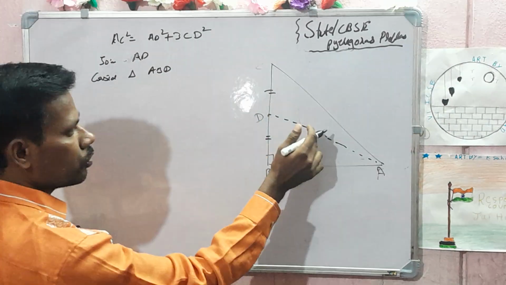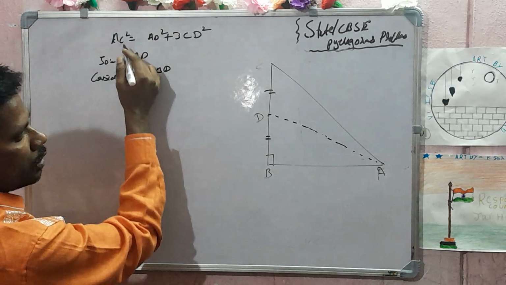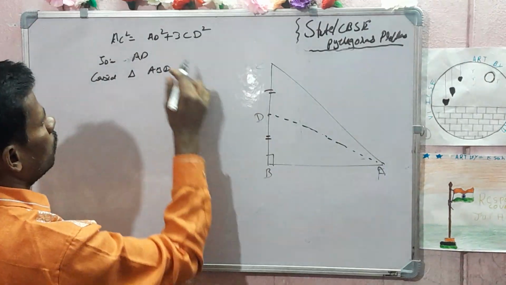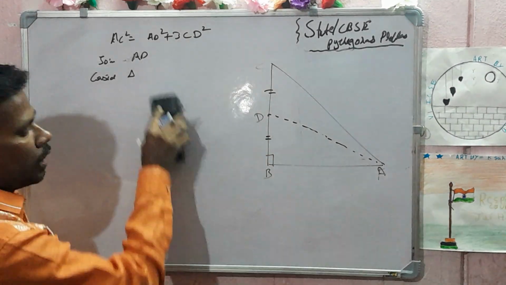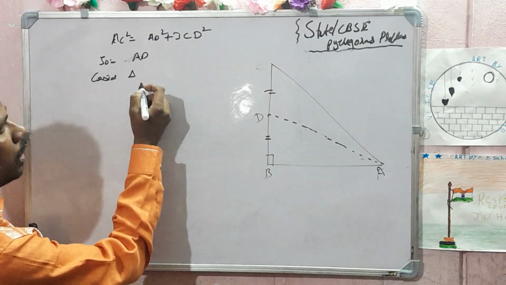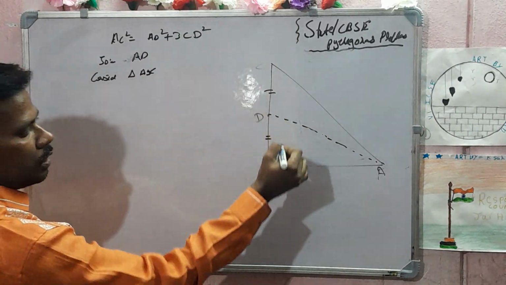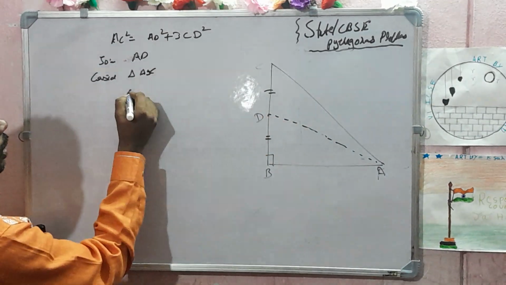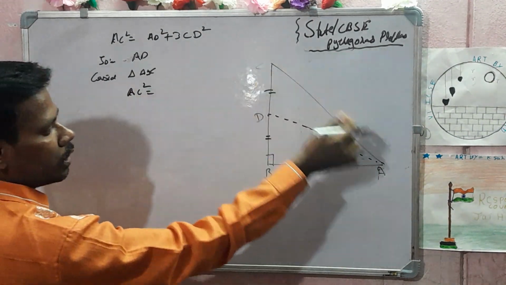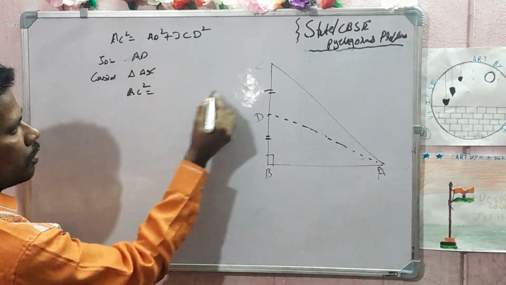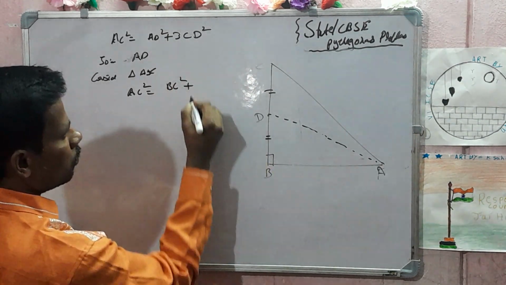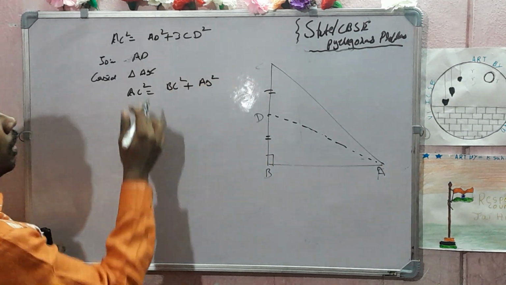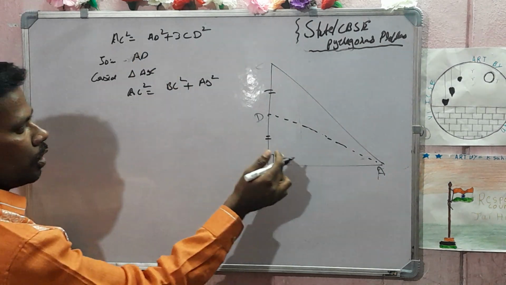Square on the hypotenuse. So here they are asking AC square, which means you should consider not triangle ABD, you should consider triangle ABC. Square on the hypotenuse AC square is equal to the sum of squares on the other two sides: BC square plus AB square. Now AD square is there, no? So now